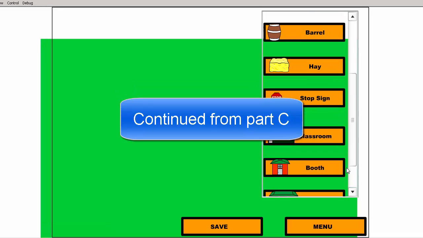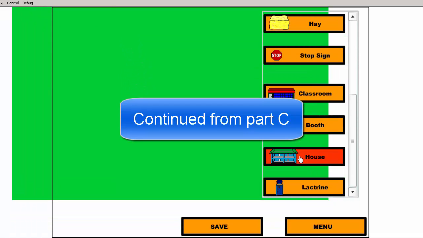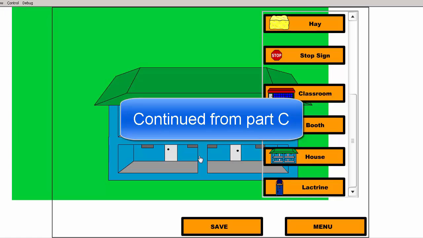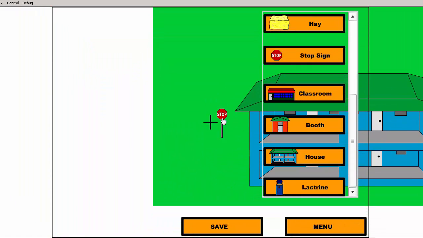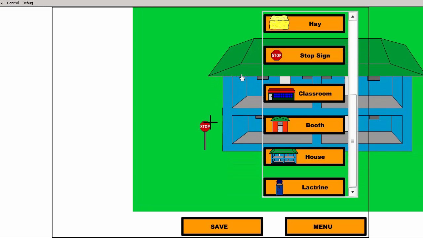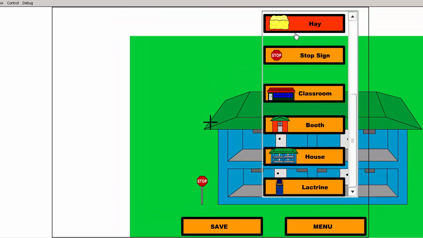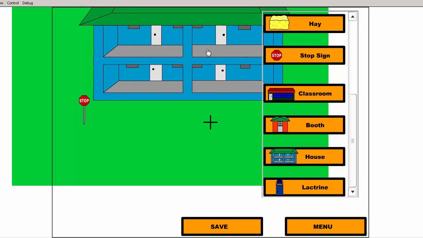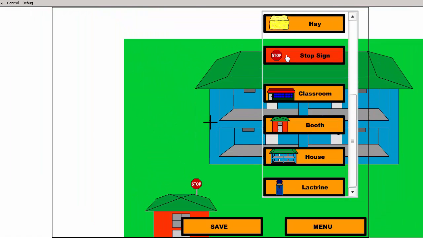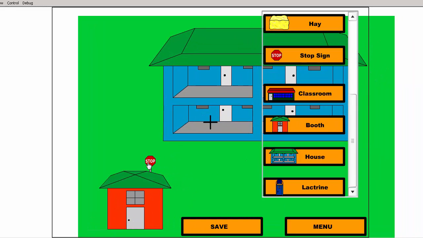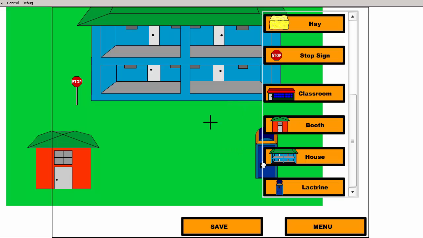Let's just make a decent looking map. So I'll add the house here, and one stop sign warning the users, and I'll just put a booth, lectern,